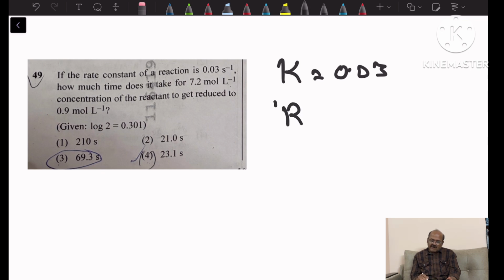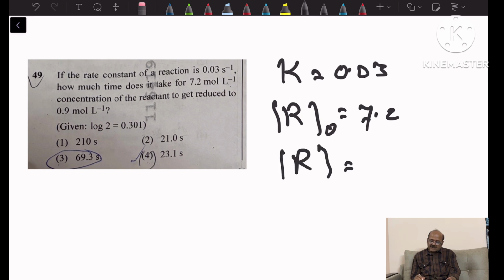R naught, the initial concentration, is given as 7.2 moles per liter, and it is converting into R. How much remains? That is 0.9. And what is given? Here I don't understand why log 2, the logarithm of 2, is given for the calculation. I think such questions were not given in the NEET, but the logarithm of 2 is given,